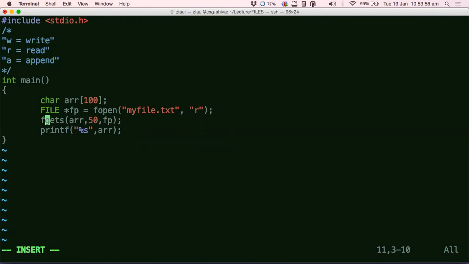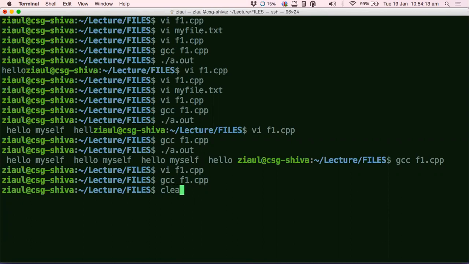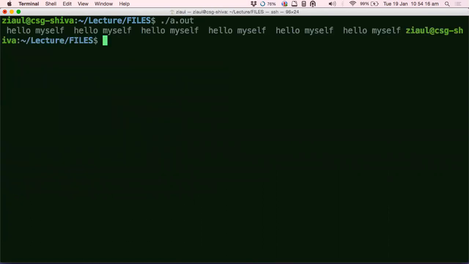Since I have more than 50 characters in my file, I am fine. I can read more. But let's make it 500 and see what happens. Actually, there aren't that many characters in the file, but I'm asking that many to be read. Let's see what happens in that case. Okay, it reads the entire file. It reads whatever is there, but since there are not 500 characters, it just terminates and gives you whatever it read. So I just read the entire file here.